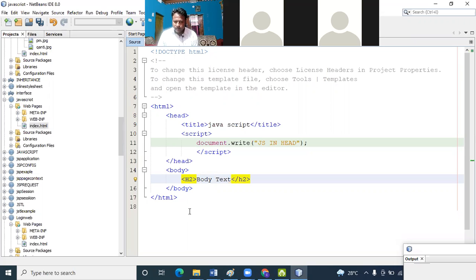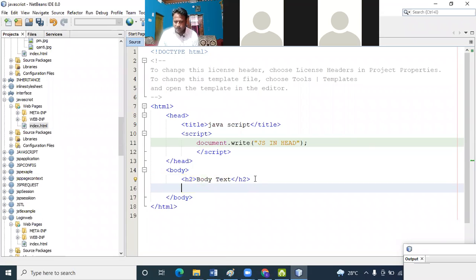I remove the H2. So it is a body text. If you want to pass any other information, we can also use scripting here. In the header part you are using scripting, in the body part also we are using script. So here also you use script.